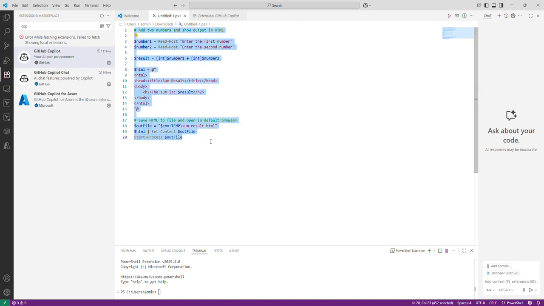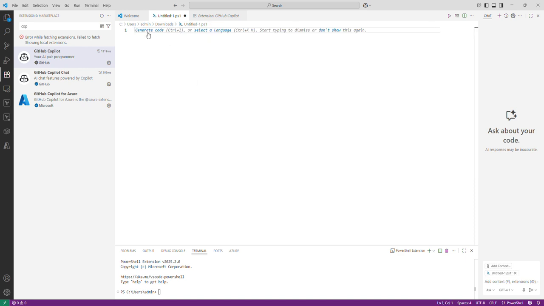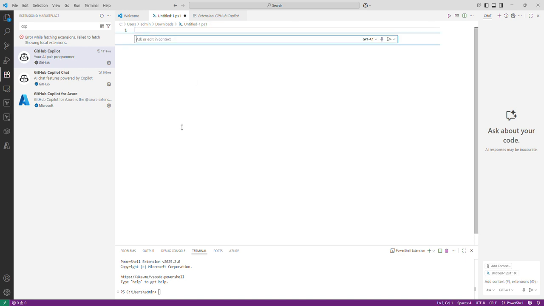Okay, so let's generate a code with respect to Azure. Now I want to create a script for Azure automation. I'm going to create a virtual machine with a VNet, and I will take the help of Copilot to generate that specific code. Okay, so my request would be